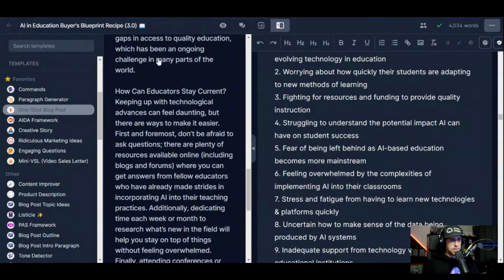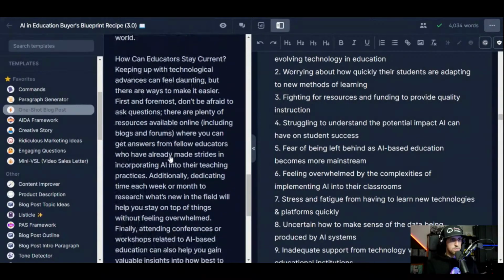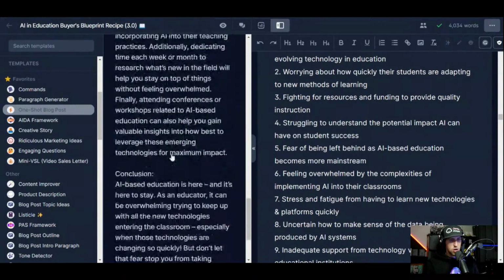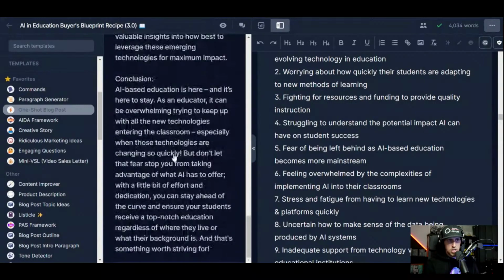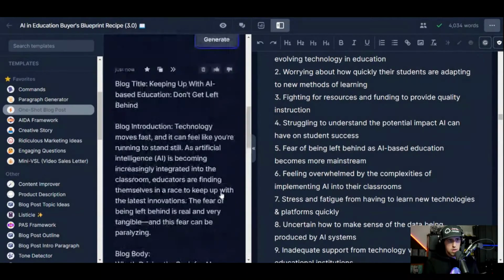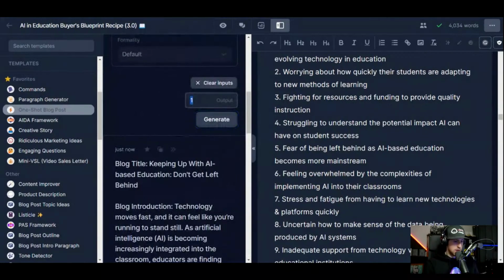And as you can read, I'm not going to read the entire thing going up and down. Not a bad little start to something like this. And if I wanted to generate more, I could. And how I would do that is I would just go here and say, okay, 2 more outputs, generate those, and then I'll move on to the next topic. While that's happening,